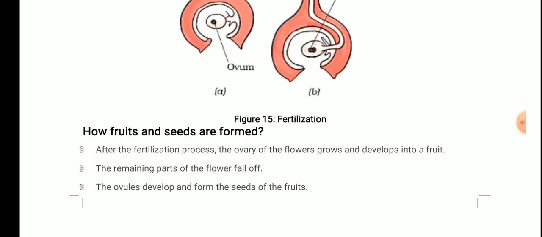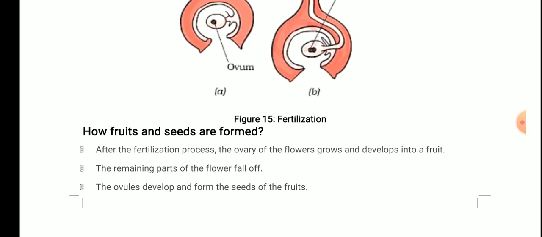Now, I told you that inside the ovary is the ovule, which contains the female gamete. So if you try to construct this, the ovary develops into the fruit, and inside the ovary is the ovule, so definitely it develops into the seed, and you all know that the seed is covered by the fruit. For example, in a mango, the seed is inside and it is wholly covered by the fruit. The fruit part, the flesh that we eat, is the ovary part, and the seed part is the ovule part.